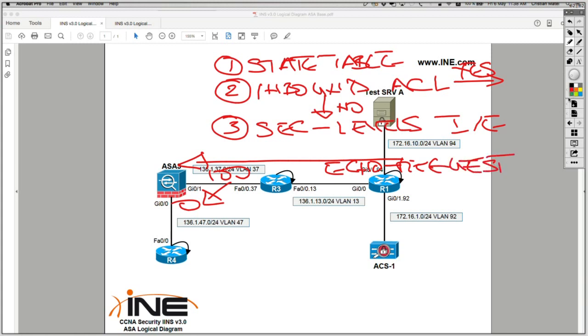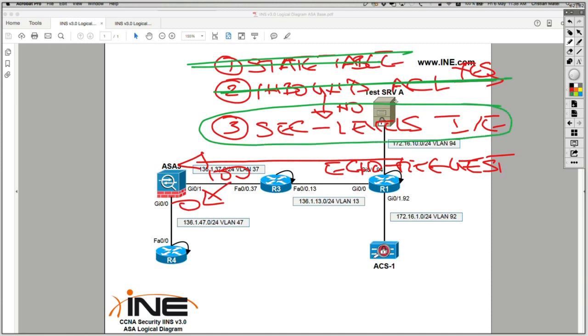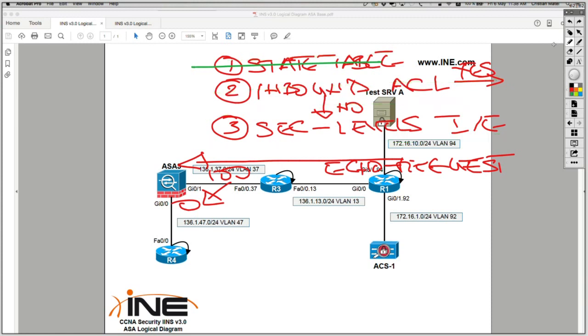And step number 1, because it's the first packet from that session, there's no entry in the state table. There is no inbound ACL on that 100 level interface, which means I'm going to allow the echo request just because traffic flows high to low, which means it's allowed by default. But then in the other direction, it is going to be dropped, because when the echo reply comes